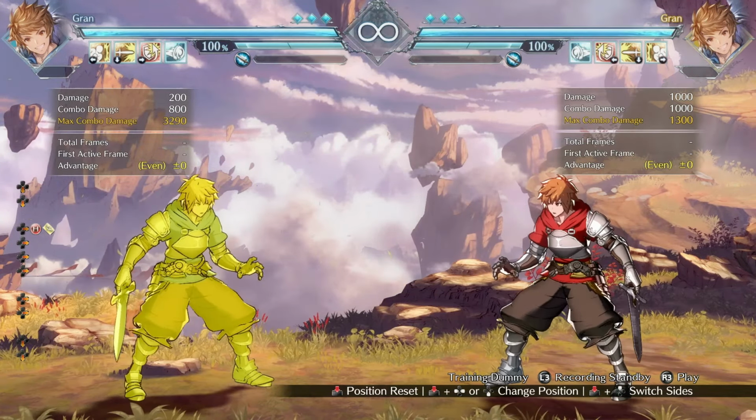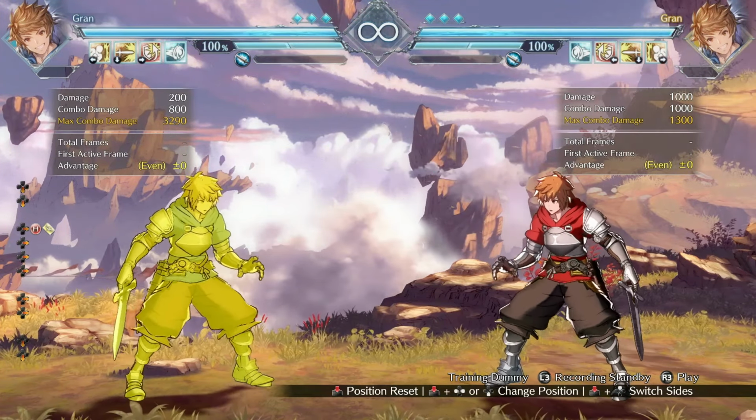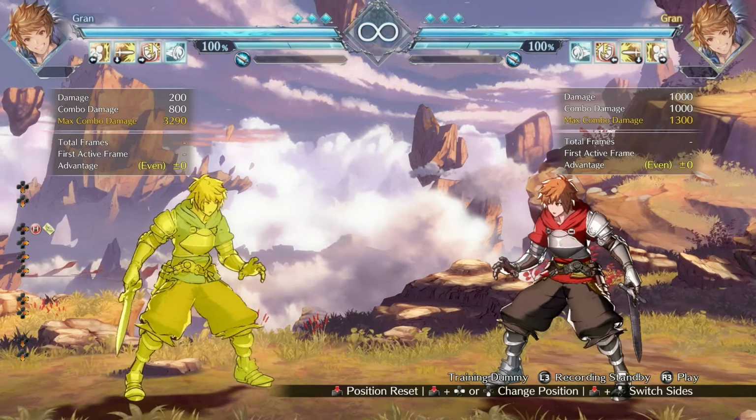Now, if you get hit only by the first swing and not the second swing, then you are put into a hard knockdown state, and therefore that means that Gran is no longer able to be punished. It's very hard for me to recreate this in training mode without an offhand example readily available, so I do want to at least mention it here, but